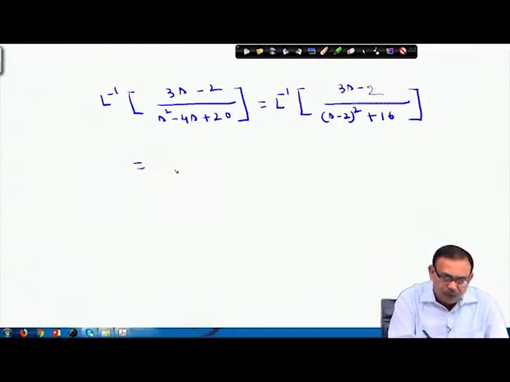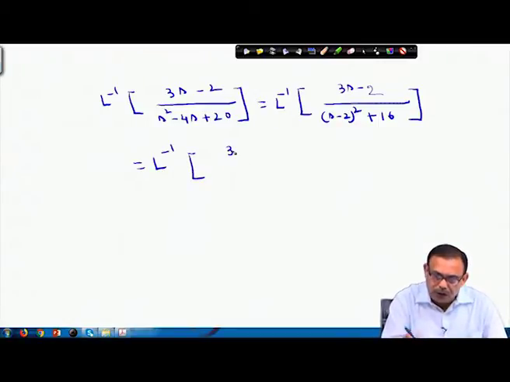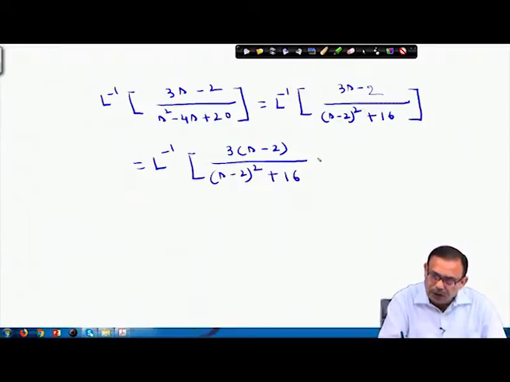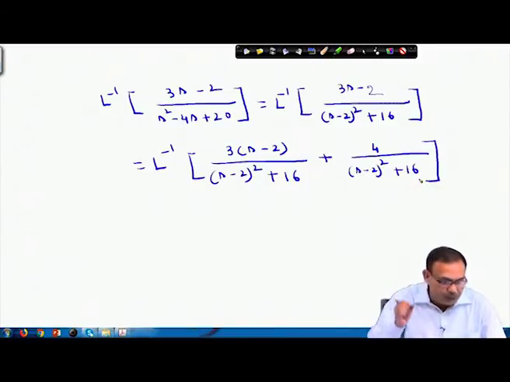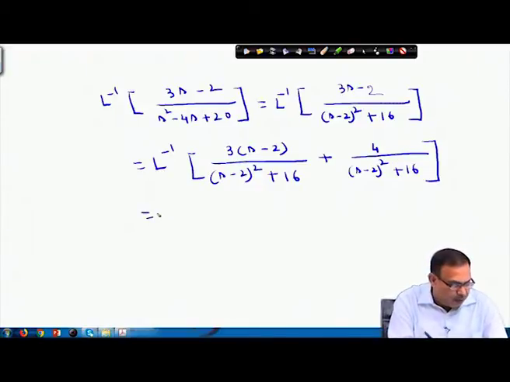And this equals, you can write down Laplace inverse of 3 into s minus 2, I can make it here, s minus 2 whole square plus 16. So, this was 3s minus 6 I have made. So, I have to make plus 4. So, it is s minus 2 whole square plus 16 I can write down. Again this 3 will come outside. So, this will be basically s minus 2 by s minus 2 whole square plus 16. This 4 can go out, so that it will be 1 by s minus 2 whole square plus 16.